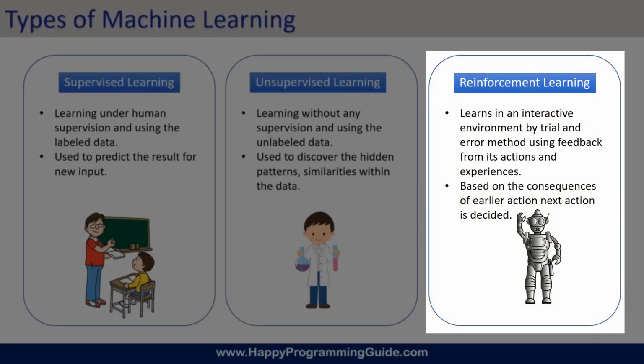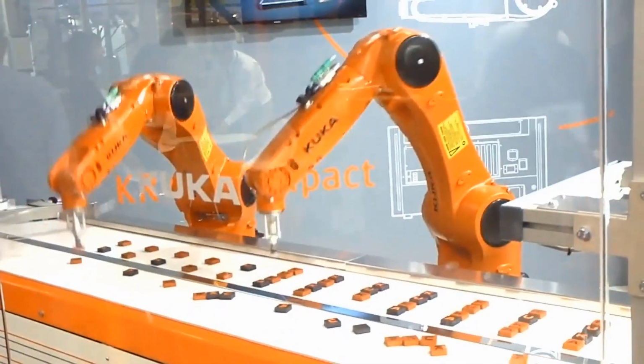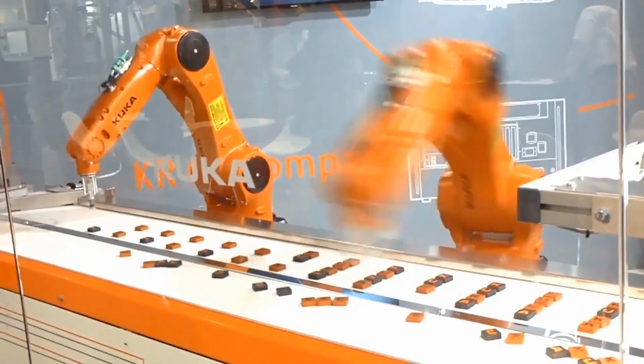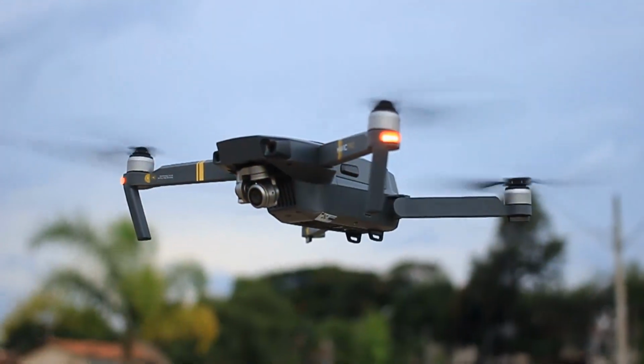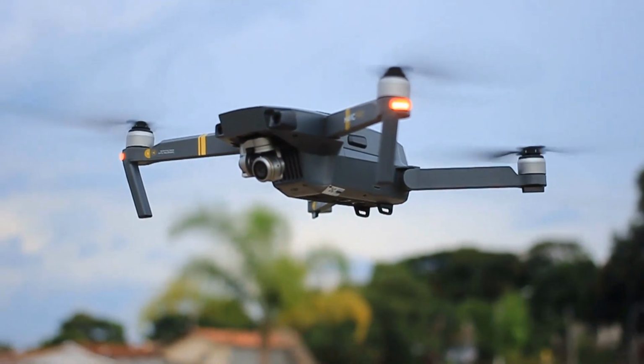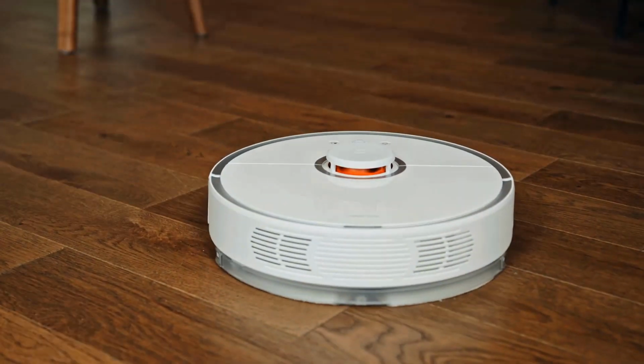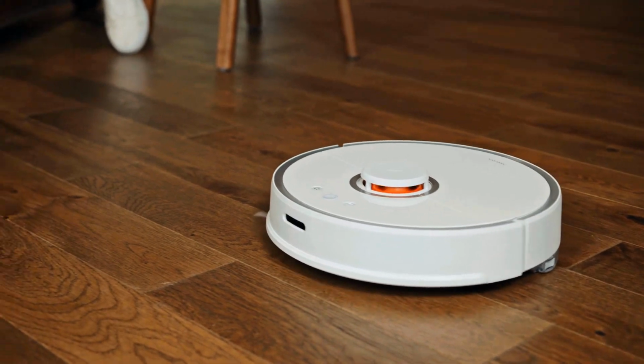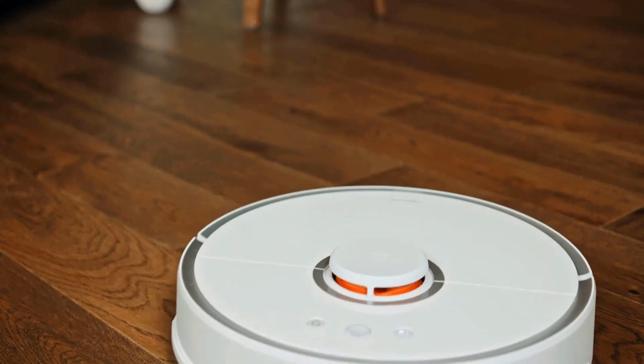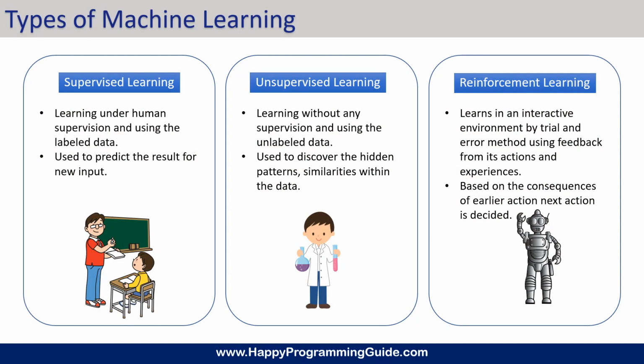Now, in reinforcement learning, the algorithm discovers through trial and error which actions yield the greatest reward. This type of learning has three primary components: the agent, which is known as the learner or decision maker, the environment, and the action, what the agent can do. The objective here is for the agent to choose the action that maximizes the expected reward over a given amount of time. The agent will reach the goal much faster by following a good policy. So the goal in reinforcement learning is to learn the best policy. It is often used for robotics, gaming, and navigation. So that is reinforcement learning.